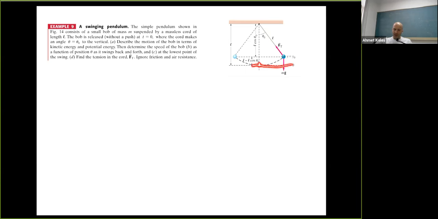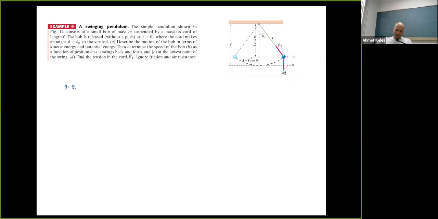But at this point, it's not going to stop. It will keep moving, and it will go all the way up here until it stops. And when it stops, the kinetic energy here is completely converted to potential energy. And then this cycle repeats. So like we said, the total energy is conserved. So let's call this